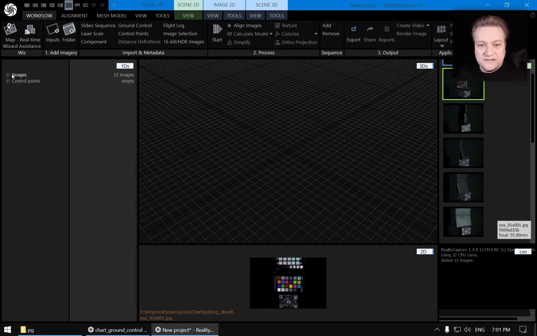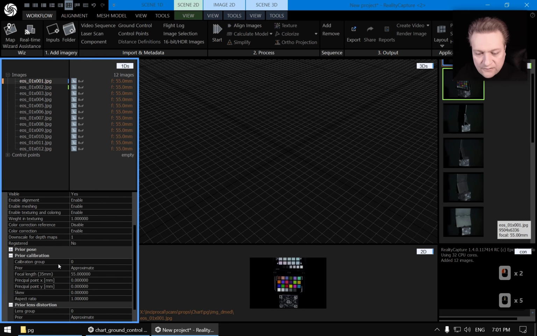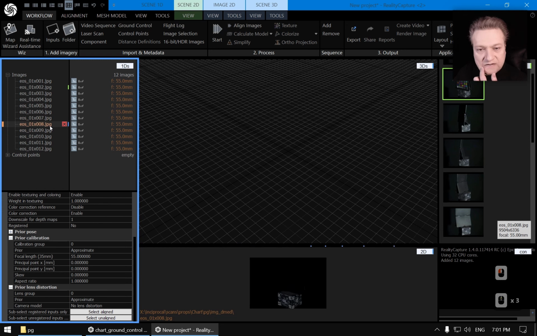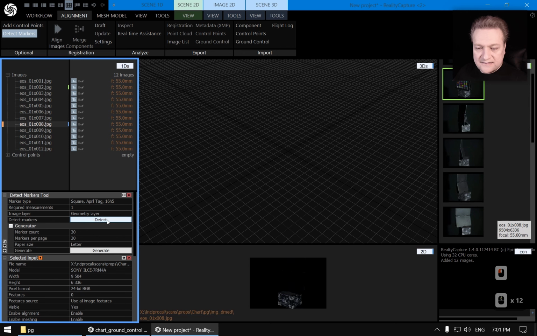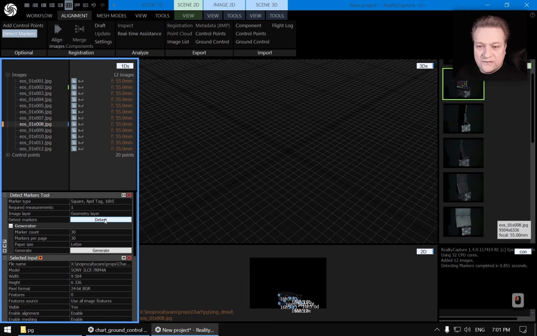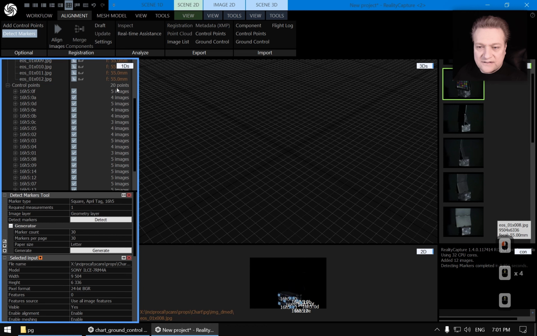There you go, they're imported. Let's make sure that all the groups are aligned. Yeah, everything is assigned to group 0. Next thing that we want to do is under alignment, detect markers, and click detect, making sure that we have the proper tag family selected. There you go, everything is detected. We got our 20